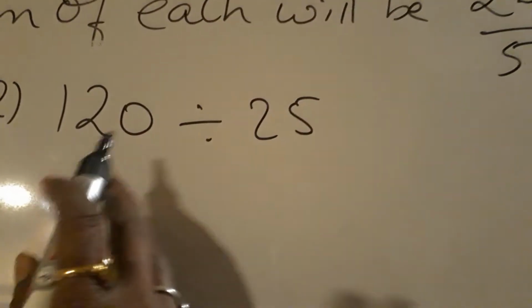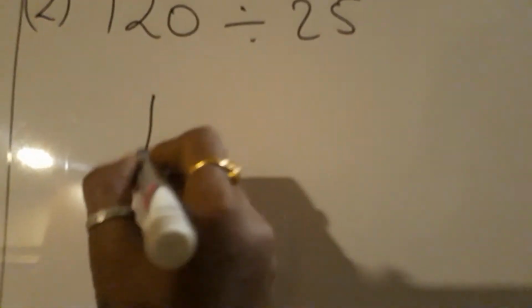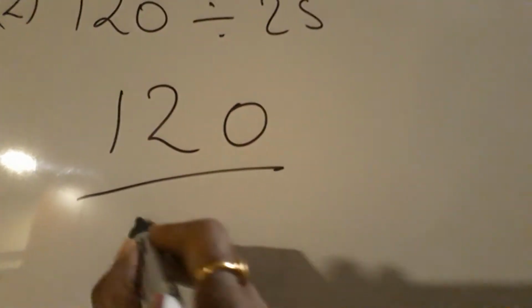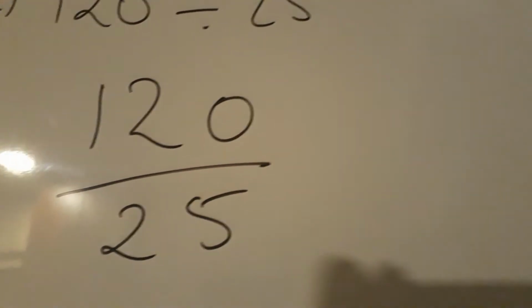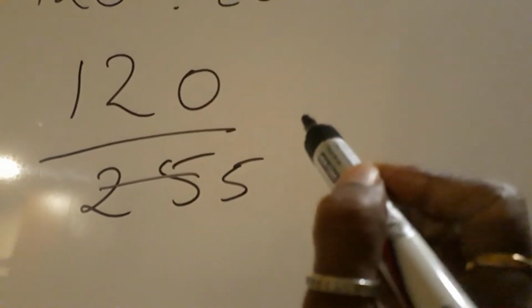So fractional form minus 72 upon minus 15 gives us 24 upon 5. Second example, or second sum, 120 divided by 25. You can take any number, but it should give you 24 upon 5 as your answer. So 120 divided by 25. We'll use the table of 5. 5 5s are 25. 5 2s are 10. 2 carried here. 5 4s are 20. So that gives us again 24 upon 5, and this is what is required.